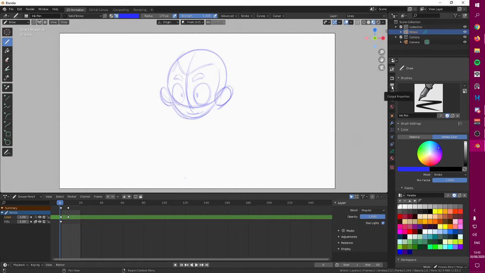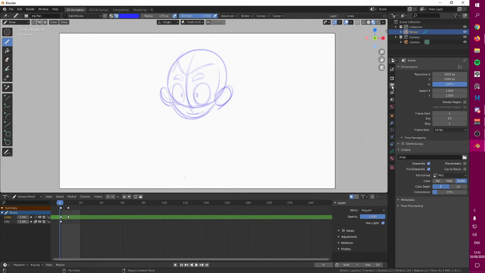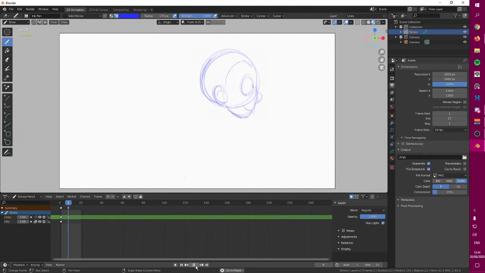come in here, come to this tab on the properties, go to this one, which is your output, and here you can select your resolution. Right now it is on the setting that I like, which is 1920 by 1080. And right here you have your frame rate. So this is at 24. I feel like 24 is good enough. And you can also change the settings if you want. You can change the scale in here too. And you can play it with this.